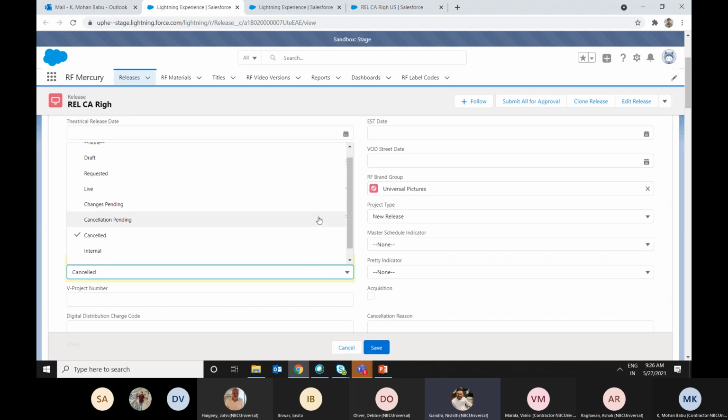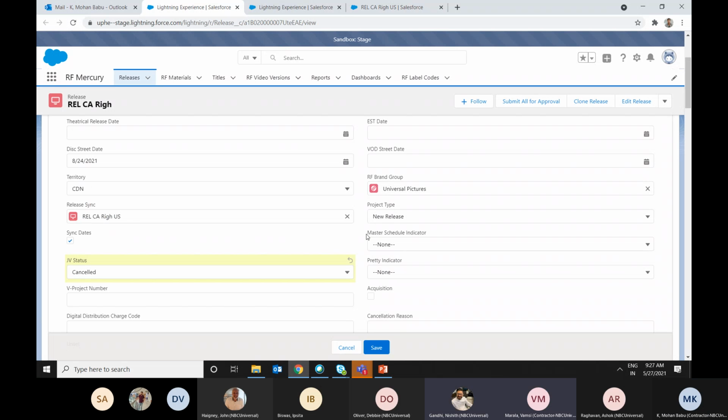So what are all the fields that JV would use? Even if any status is there, you can still change those dates. You have all these fields, right? The theatrical, street date, and everything. So what are all the fields that JV would utilize?